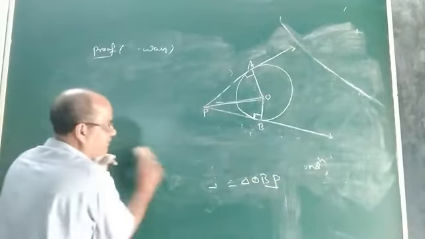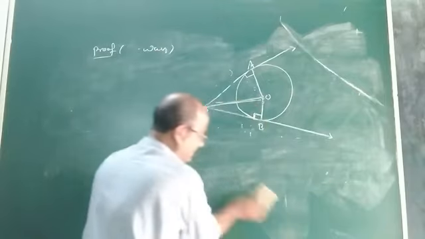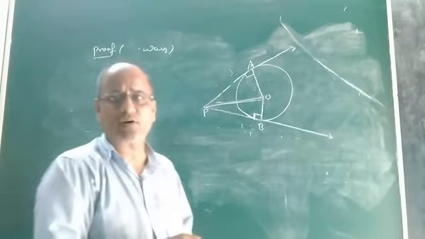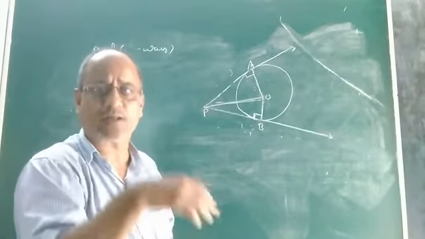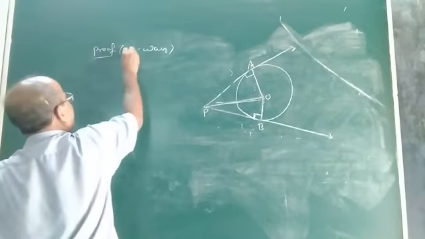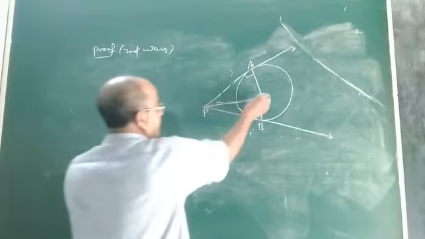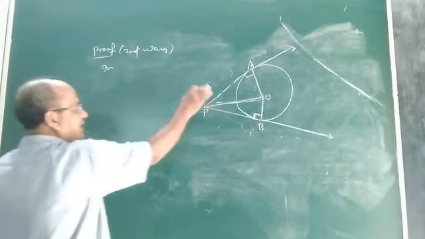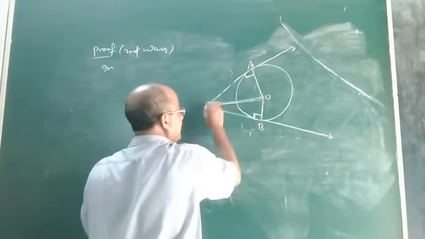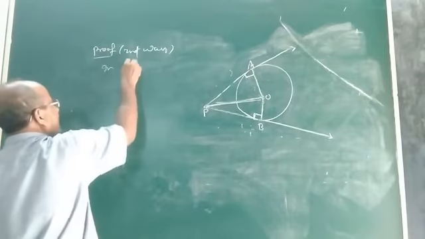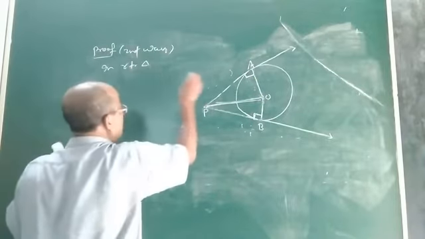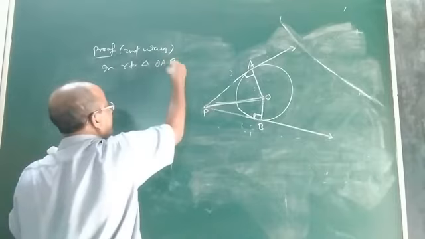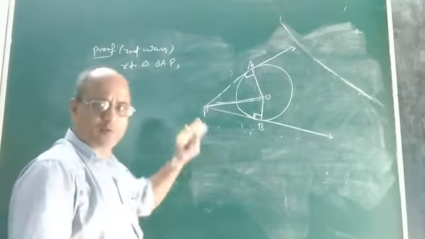We can also establish the geometrical truth that the length of two tangents drawn to a circle from an external point are equal in another way. What is that way? Let us see. Now you consider, this is a right triangle, already established, because this will be 90 degree. In a right triangle, suppose OAP, consider any one right triangle, suppose OAP.